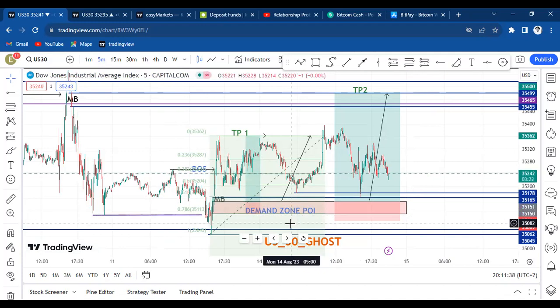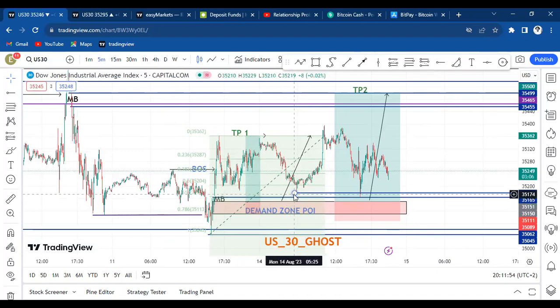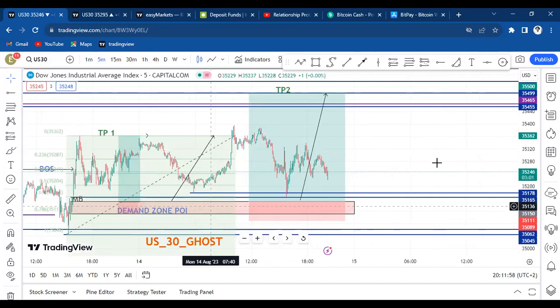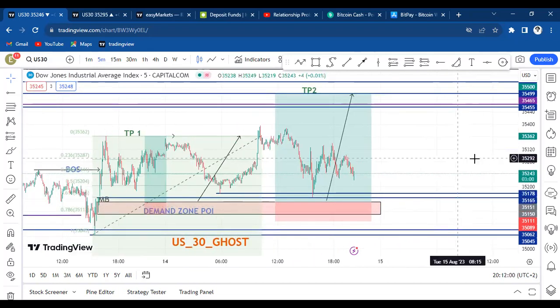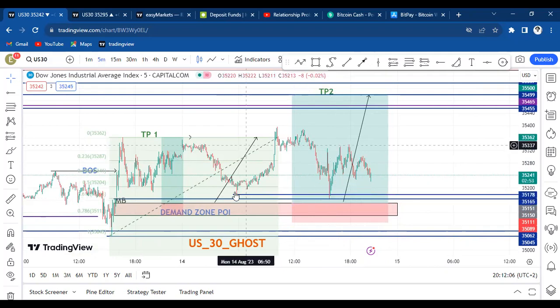So use your imbalances, use your demand and supply zones, and they'll work for you. I'm telling you this, they'll work for you. As you can see, our setup, very beautiful setup. Take profit hit after your imbalance. But another one, if you're not satisfied with the market only covering this zone,